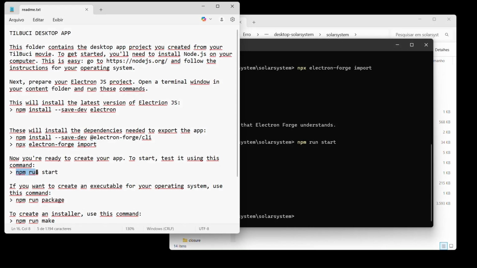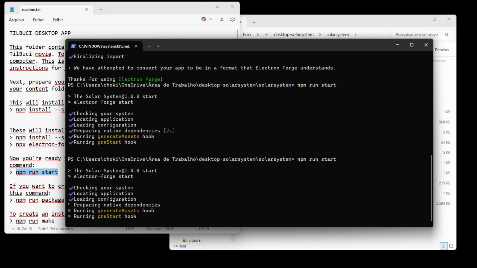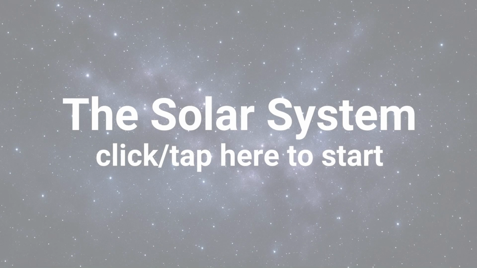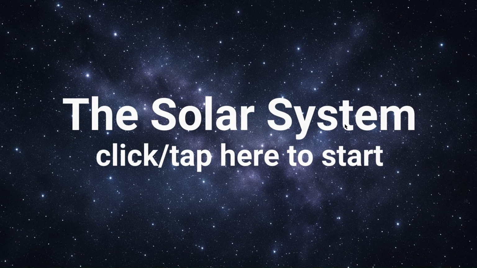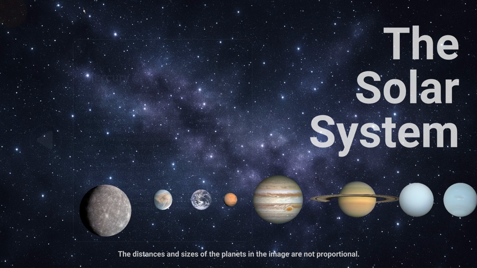Now we are ready to run a command to test our kiosk app. Since this is a kiosk application, we have no way to exit it without access to the keyboard. Hold the Alt key and press F4 to exit.